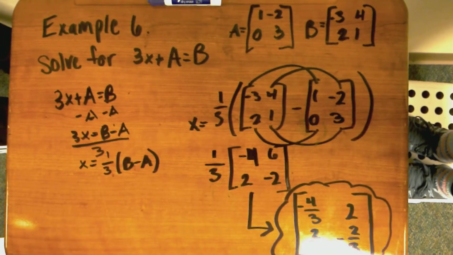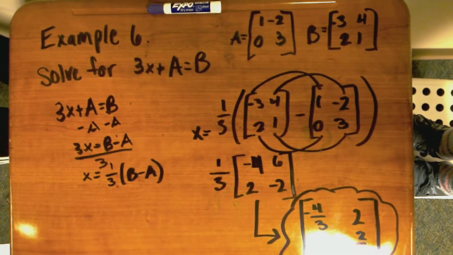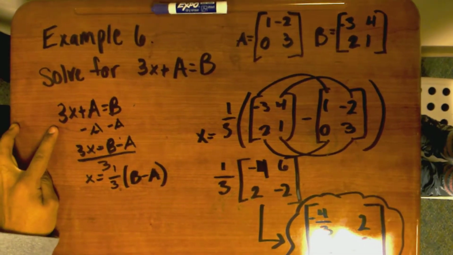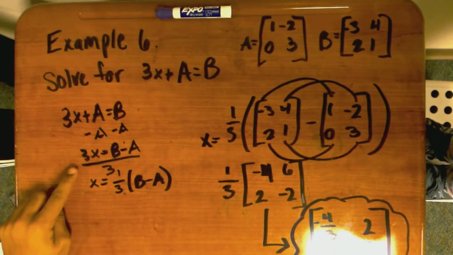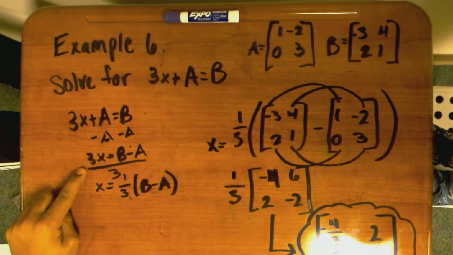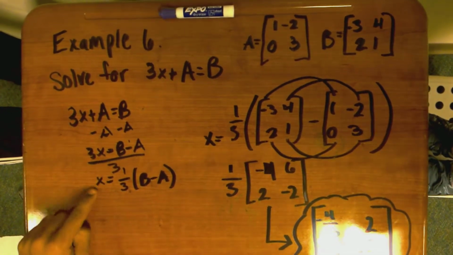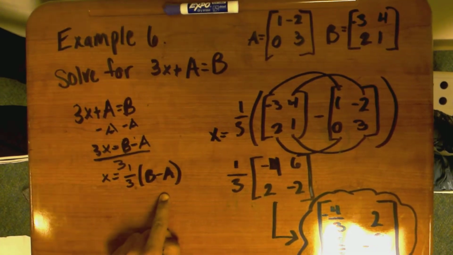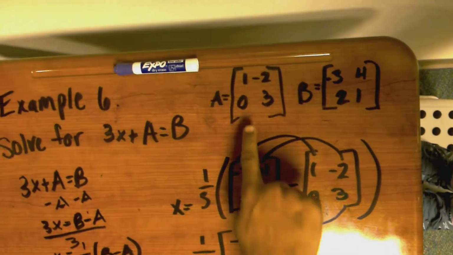The equation we were trying to solve is 3x plus A is equal to B. So what we do is we start out by making the 3x be by itself. So we subtract the A from both sides to get 3x equal to B minus A. And we then divide by 3 to get x is equal to 1/3 of B minus A. So then, with the matrices of A and B up here,